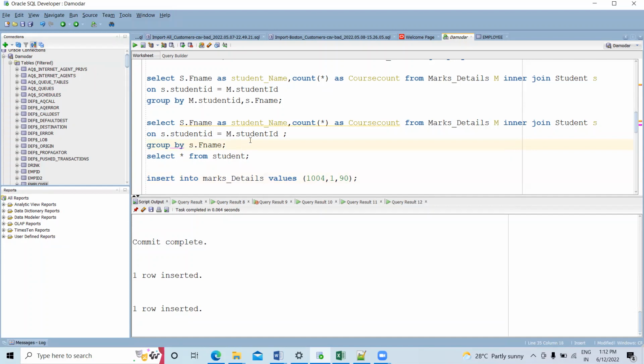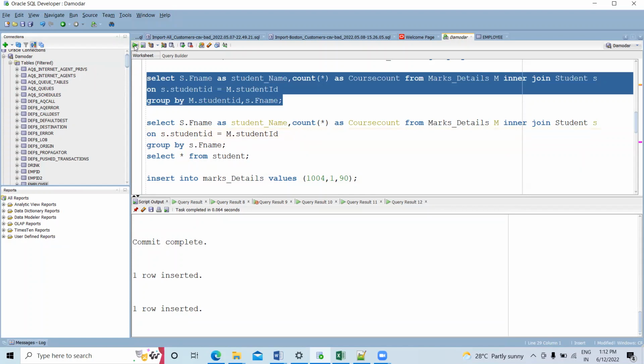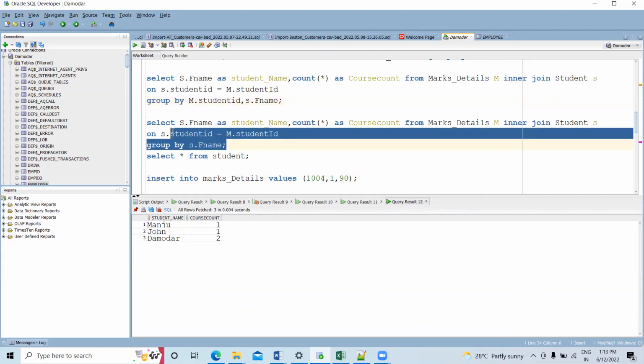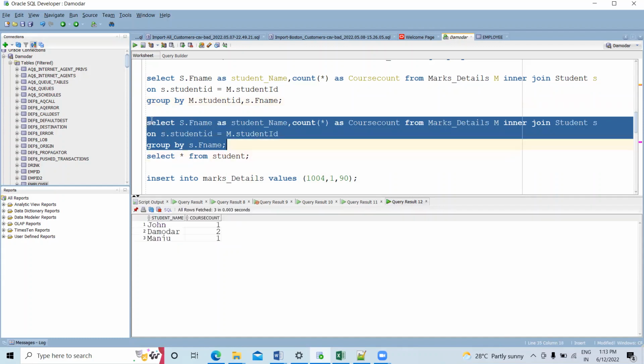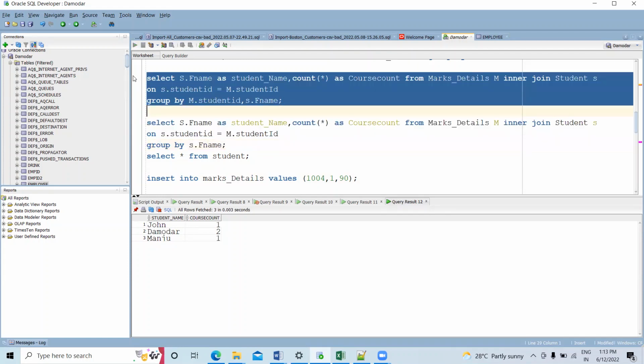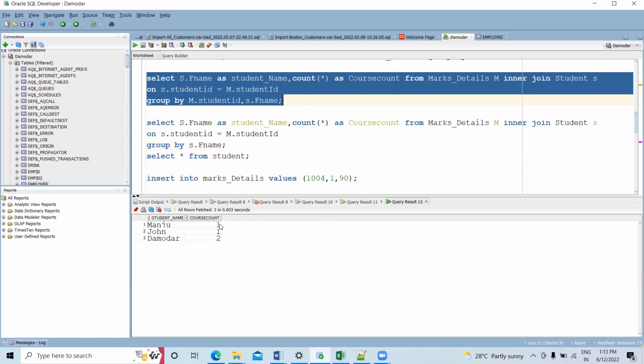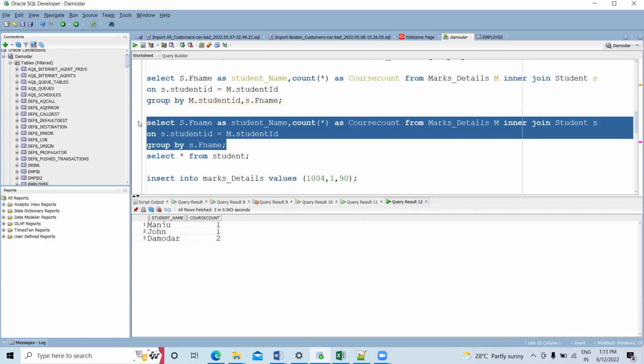Now you see, you're getting Manju also as 1. And now let's say I'm running this also, and you see John 1, these two. Can you observe the difference here? Manju 1, John 1, Damodar 2. And if you do the student only on the first name, and if you run this one,